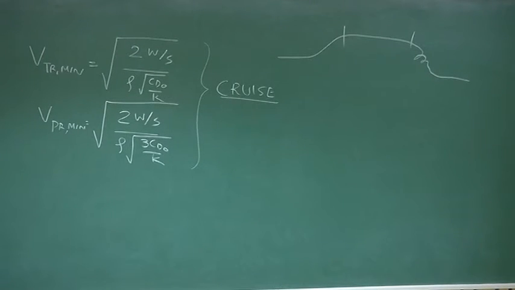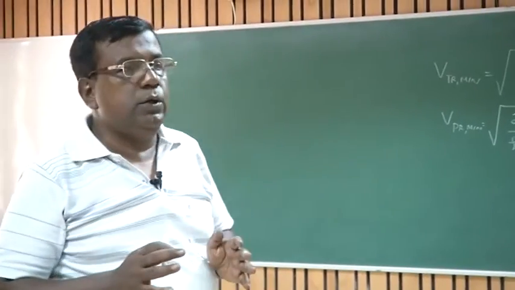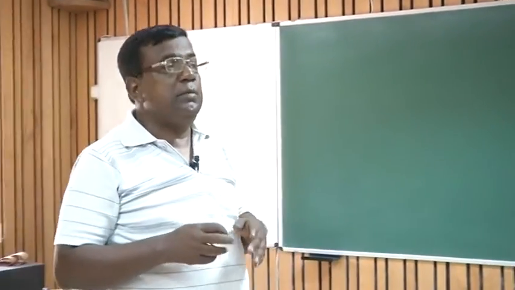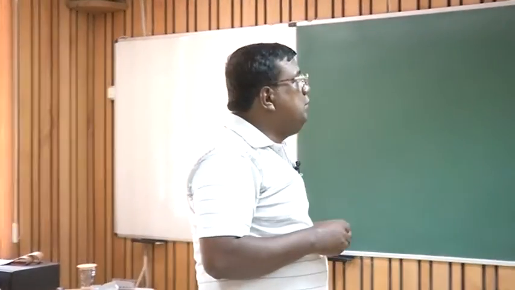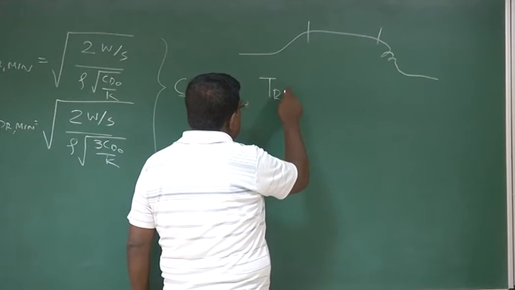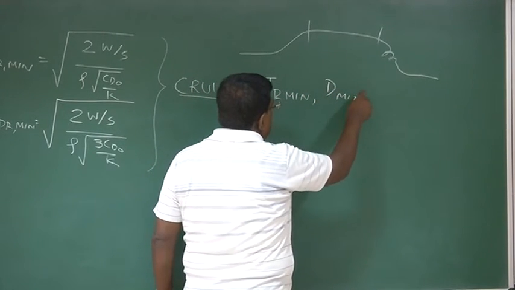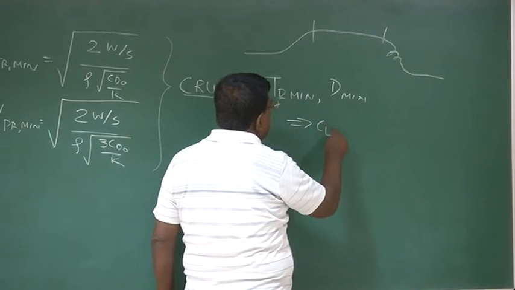If I want to fly the machine for a cruise and I want to ensure that thrust required is minimum, that means drag is minimum, I need to fly at a CL such that